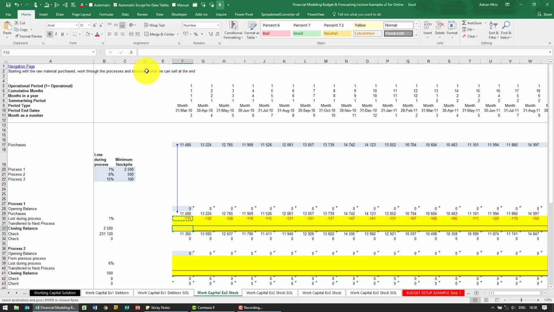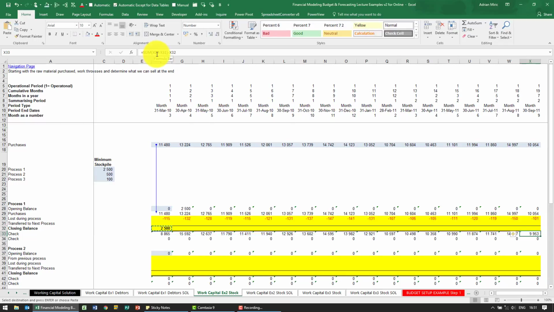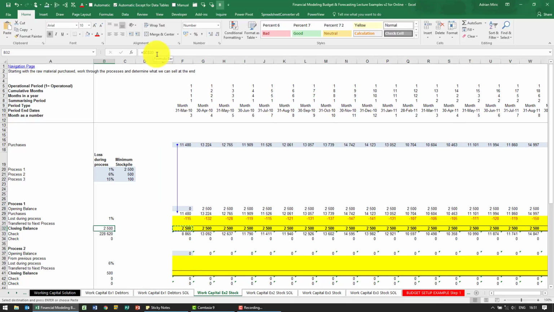We know that we need to have a closing balance of this 2,500, which is that cell there. So I'm just going to say equals that cell, and because I know it's going to always look there, I'm going to change it to be B32. Copy and paste. And given that we know that we're going to buy that much, we're going to lose that much, and we need to end up with that much, we now know how much can be transferred over to the next process, which must be equal to,